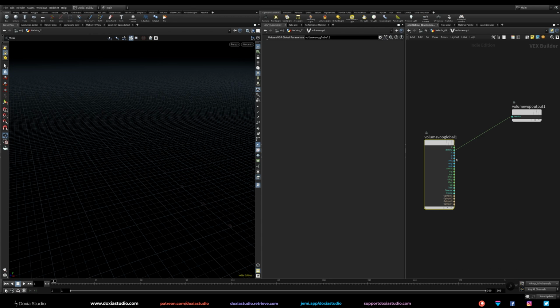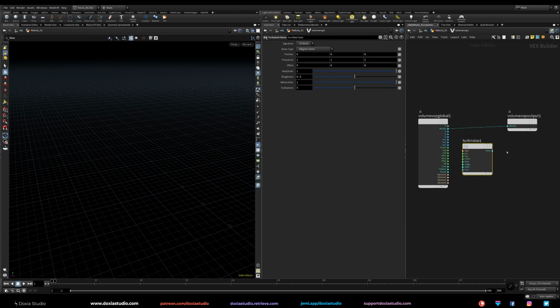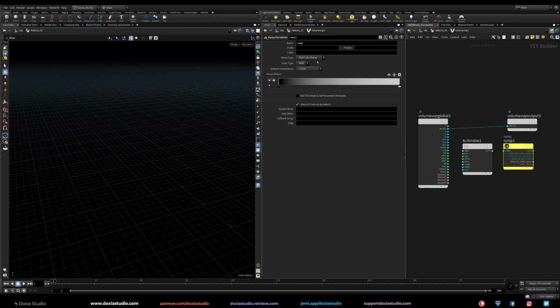To create nebulas, the type of nebulas that I really enjoy to create, it's all having fun with noises, okay? So let's start by placing a turbulence noise and a ramp so we can customize a bit more the noise. Okay, so we are going to link the position, go to this noise. Okay, and this ramp will output a value from 0 to 1. Let's go to fine ramp and then control the density.